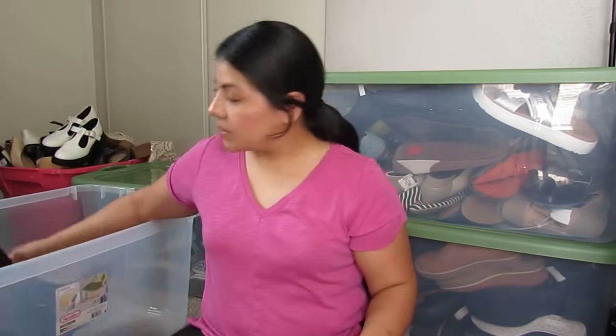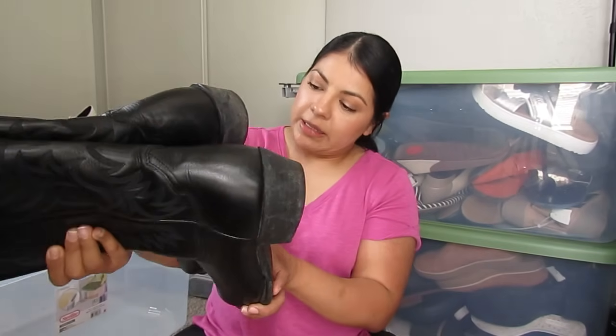$8.50 for a high quality boot like this. The fact that it is a Chelsea boot, which is a popular style, that's why I decided to pick these up. Here we have some more Ariat boots. These were